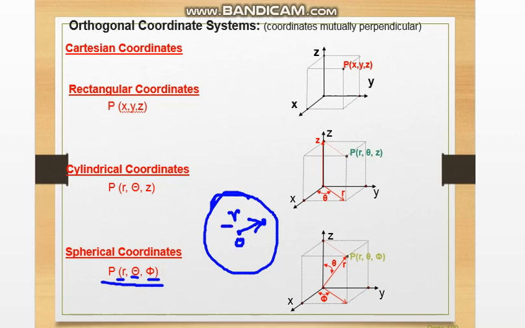That is the radius of the sphere. And theta is the angle between the z-axis and r. That means if it is the z-axis, the tilt-down angle is theta, and phi is the angle between the